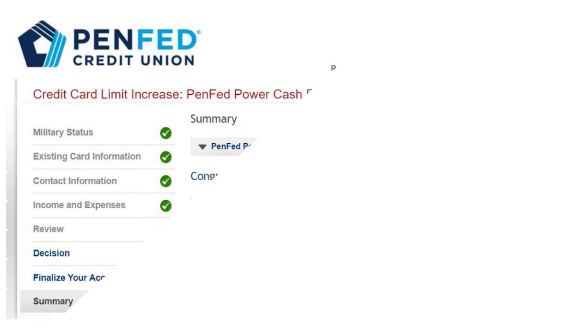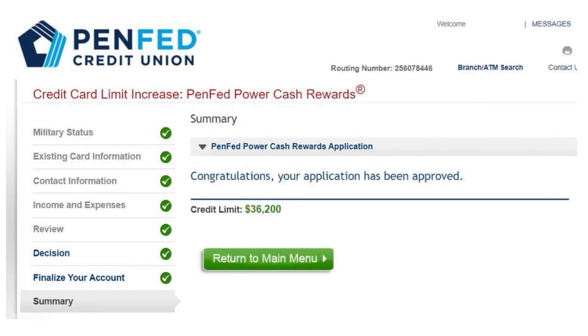Hack number 2, you need to see if you got pre-approved. Okay, if you are a current PenFed member and have an active credit card, you want to go to your dashboard and see if you got pre-approved. So when you're ready to request a credit limit increase, your online account should be your first stop. Okay, remember though, every card issuer is different, but you may be able to follow these basic steps to make sure that first of all, you see a request there, and then that you can get